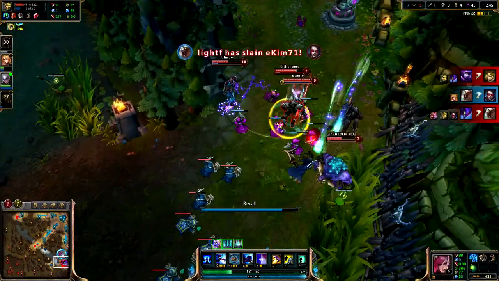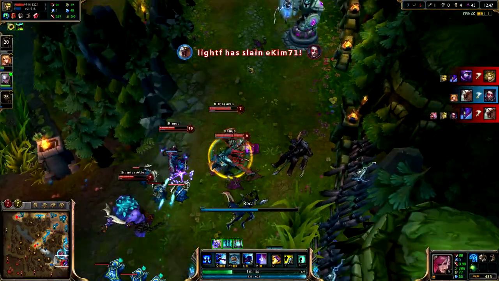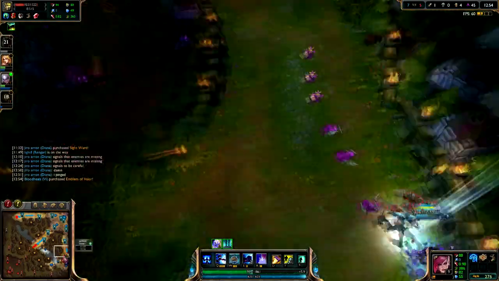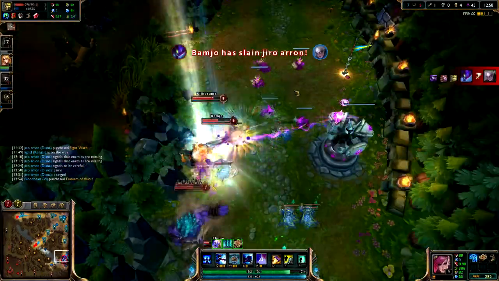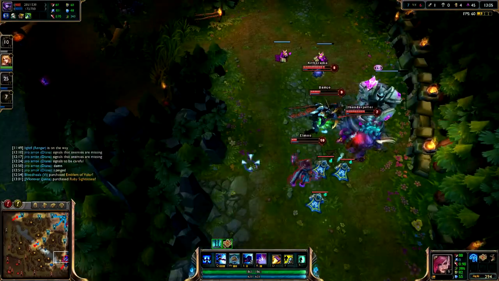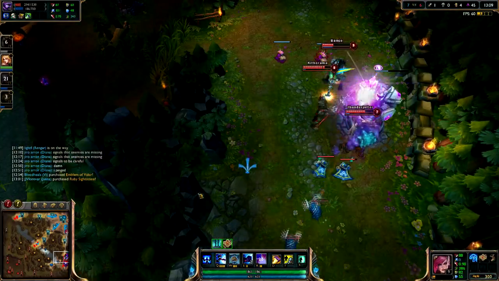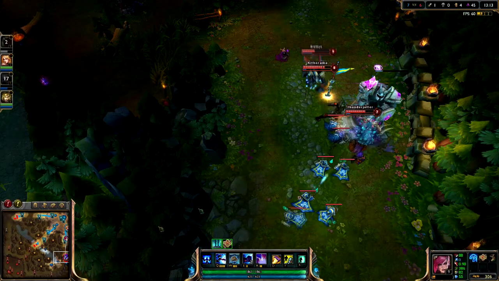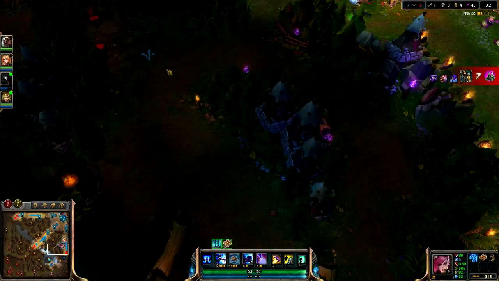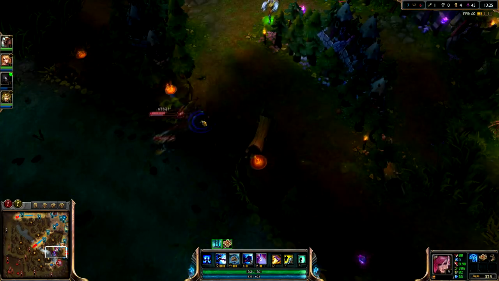I start recalling here because it's a 5-man. They're going to end up pushing this tower down. We can't really stop it. Diana should actually back here too, but she stays, and it gets killed as well. So just remember, if you're going to try to hold a tower, don't try to hold against 4 people by yourself because it's not going to work. They're just going to dive you and kill you, especially at level 8. Maybe at like level 2 or 3 you could do that, but at level 8, they're just going to straight